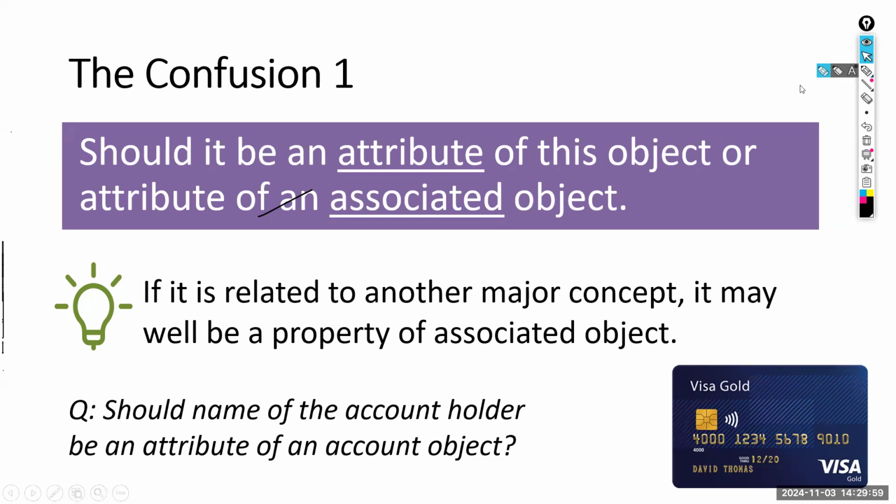So therefore you must know exactly whether it's an attribute of this class or that class, whether it's a behavior of this class or that class, right? So therefore, start is not a behavior of the driver. Start is the behavior of the vehicle. Deposit is not the behavior of the customer. Deposit is a behavior of the account. Okay, so that is how you need to think. Otherwise, you can't develop it.